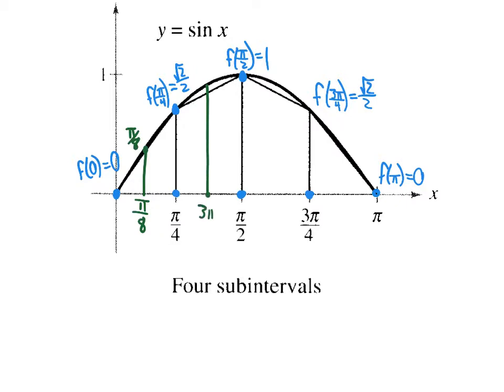3 pi over 8. 4 pi over 8 is pi over 2. 5 pi over 8. 6 pi over 8 is 3 pi over 4. Then we have 7 pi over 8. And then pi. Okay? So you'll notice here the trapezoids,